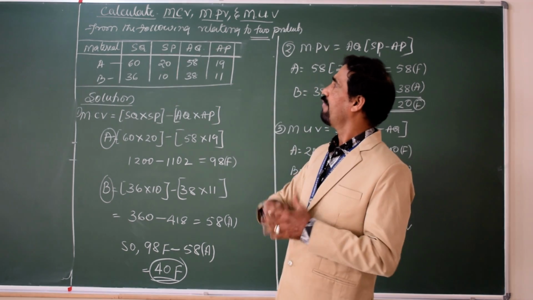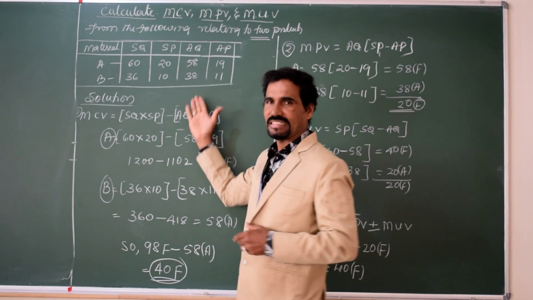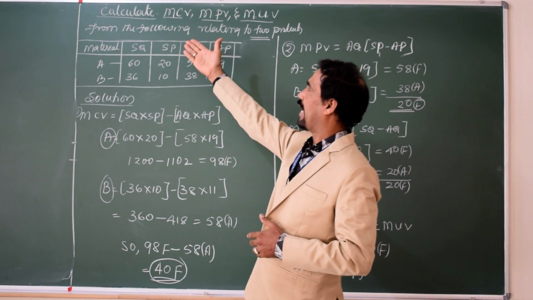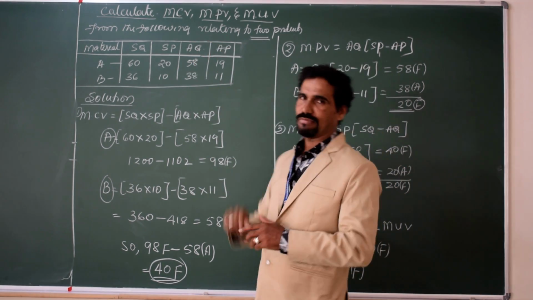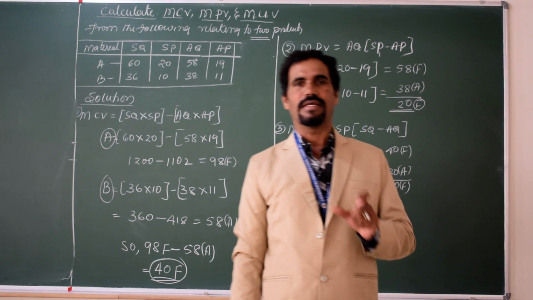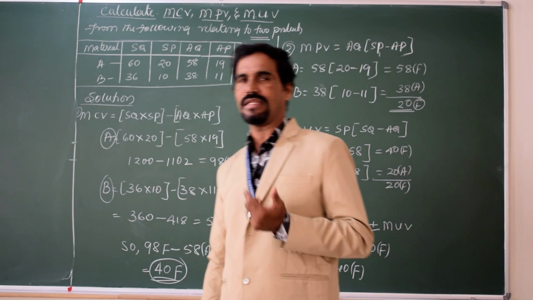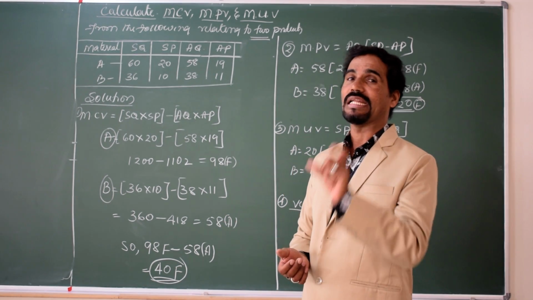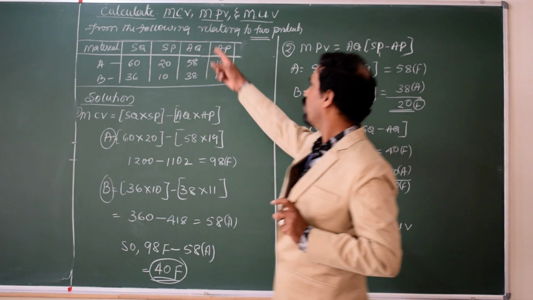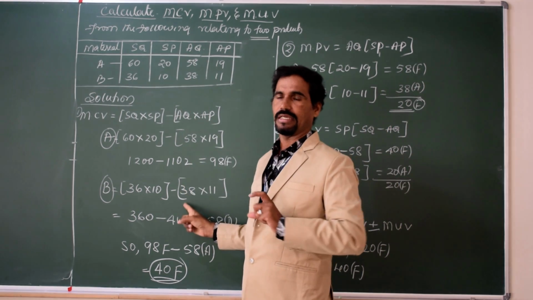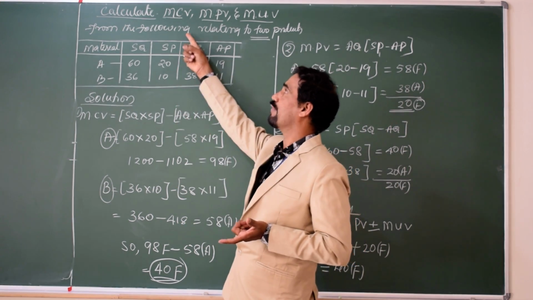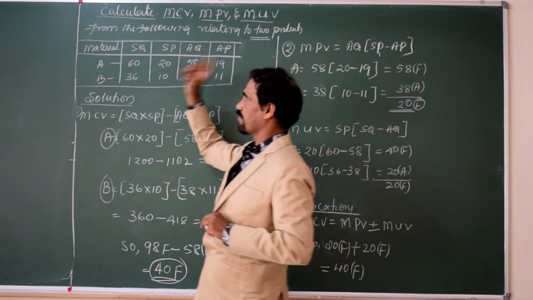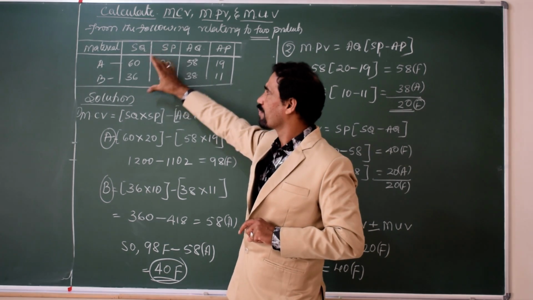So today we will go for very simple sums from standard costing. Calculate material cost variance. MCV stands for material cost variance, MPV stands for material price variance, material usage variance and material yield variance. These are the abbreviations. Normally in commerce we use only the abbreviations, no problem. This is the sum, and the sum is also very simple.